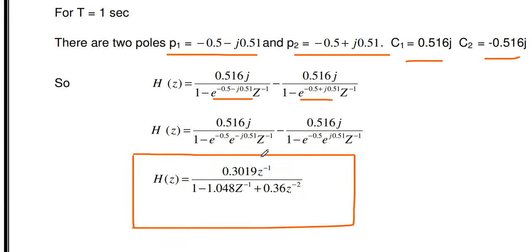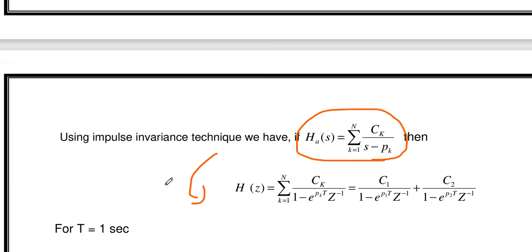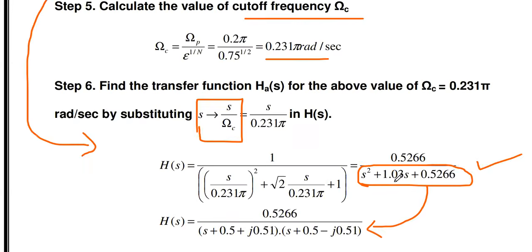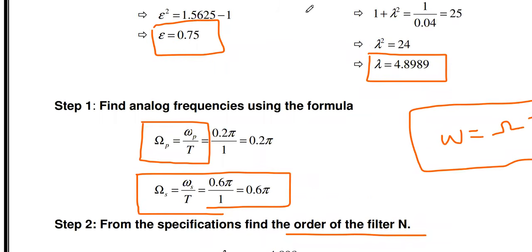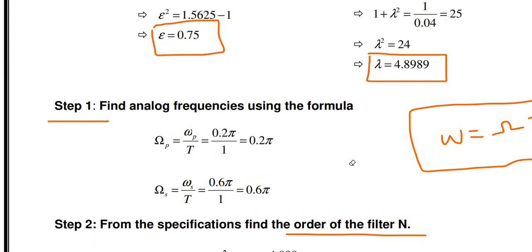Okay, so we can solve the same problem using bilinear transformation also. What is the difference between the impulse invariant method and bilinear transformation? The last step will vary, similarly the first step. So there is a variation in step number 1 and the last step. If it is a bilinear transformation, in order to find the analog frequencies omega p and omega s, we have to use the pre-warping analog frequency formula. Omega p equal to 2 by T tan omega p by 2, omega s is 2 by T tan omega s by 2.